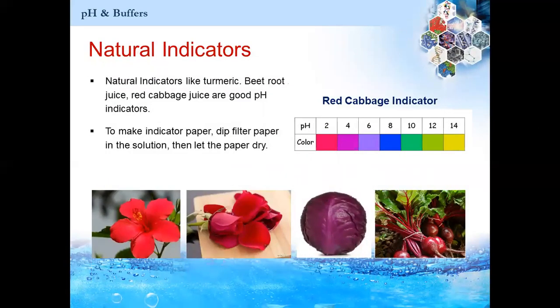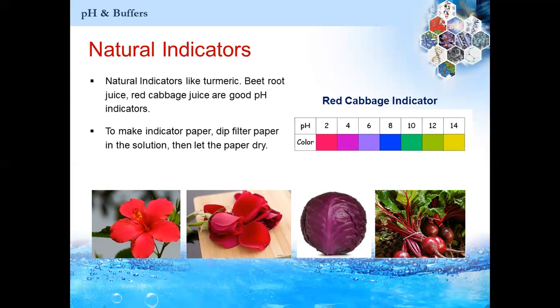We have one more option, that is use of natural indicators. Even turmeric is a natural indicator and can be used in knowing whether a solution is acidic or basic. Turmeric also changes color when an acid or a base is added to it. Similarly, beetroot juice and red cabbage juice also act as effective pH indicators. And to add on, hibiscus petals and rose petals can also be used to extract the natural dye or organic pigment from them, and can be used in detecting pH levels.